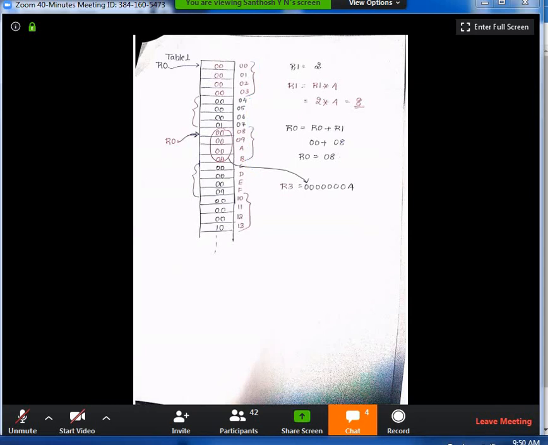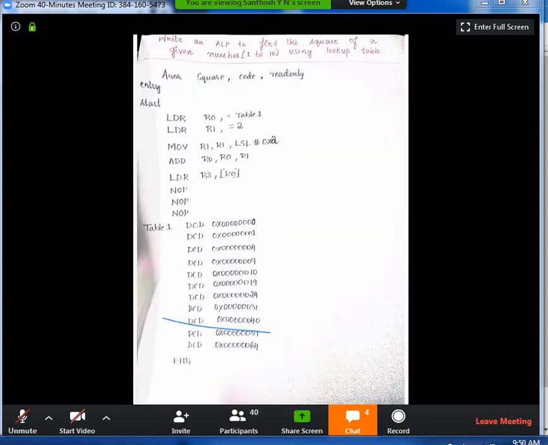So for the first data, that is 00000000, how many memory locations is it taking? Totally it is taking 4 memory locations, and the address of each memory location is what? 00, 01, 02, 03. Right? Next, the second data. What is the second data? This is the second data, right? So 0001, 00000001 is the second data. We'll see how this second data is stored in the table.